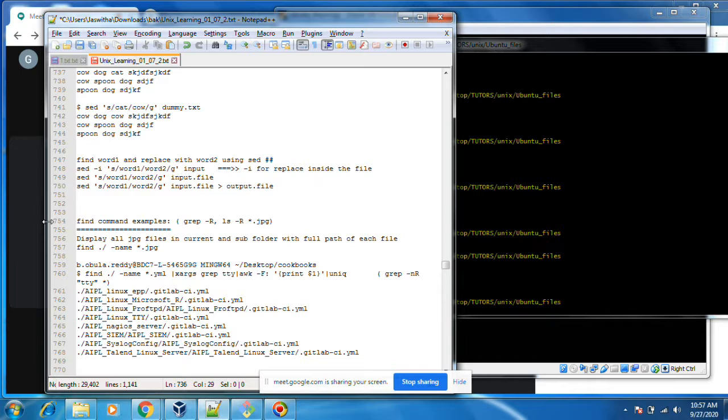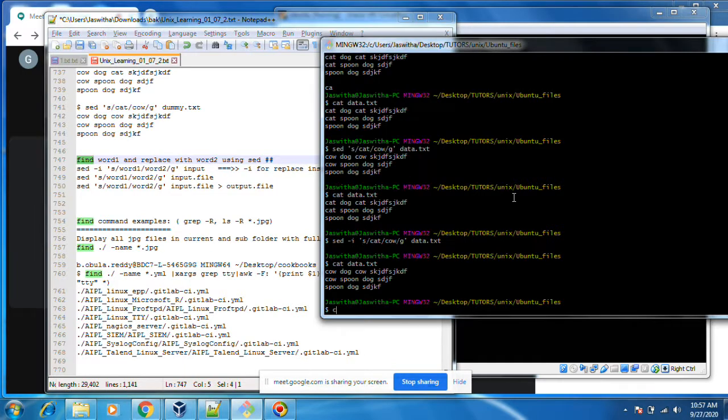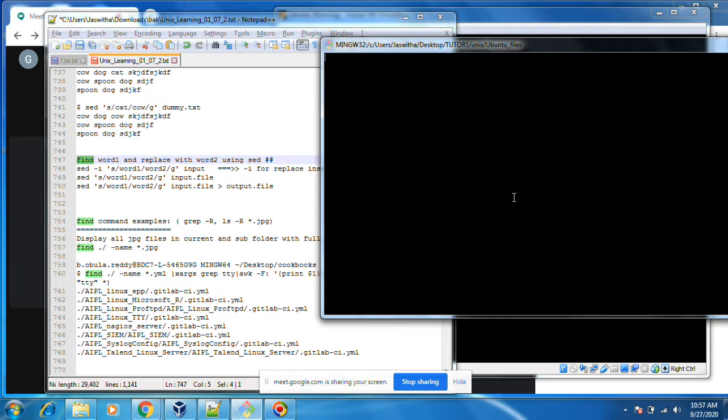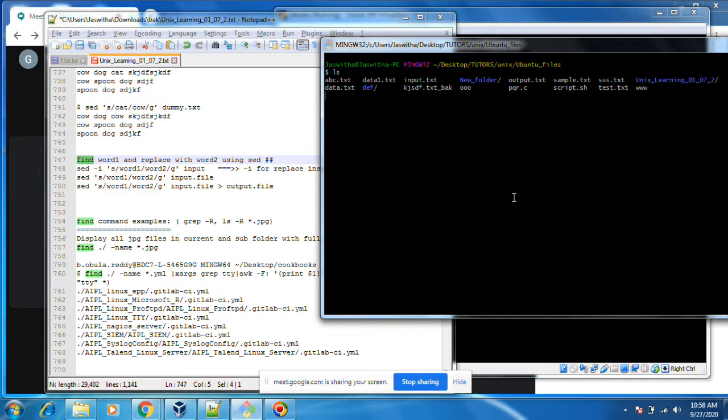Next command is find. I want to find a file using ls.